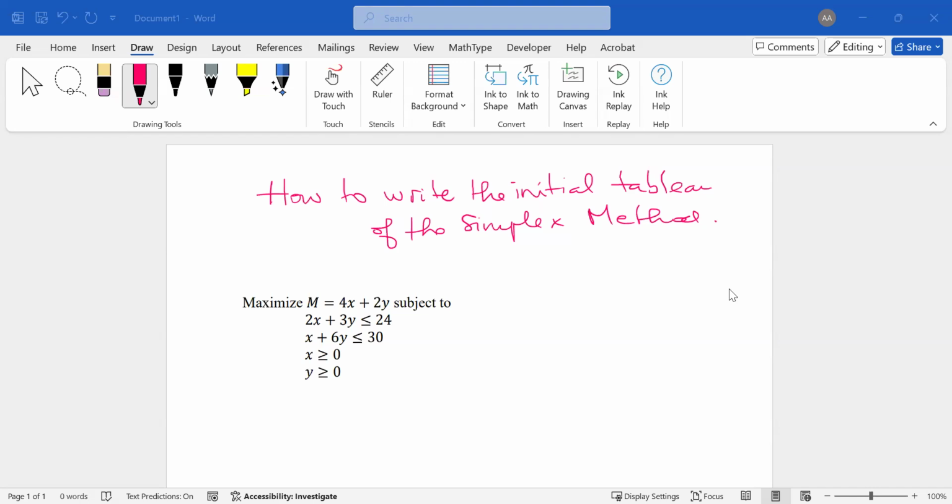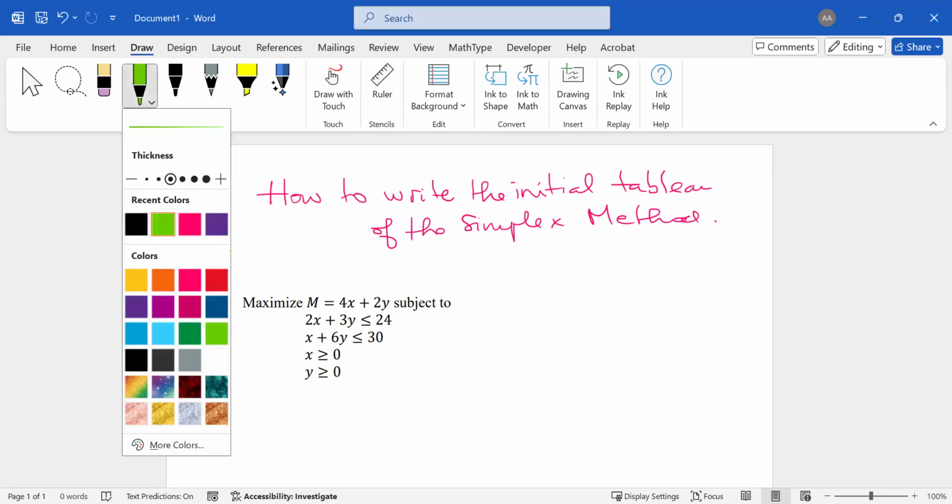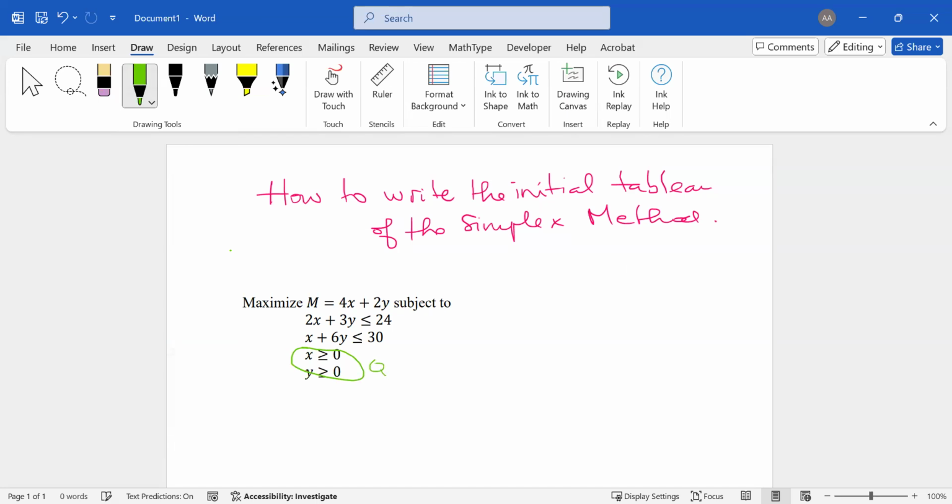I'm coming today in this short video to show you how to write the initial tableau of the simplex method. We have this example: maximize m equals 4x plus 2y subject to the constraints. The first constraint is 2x plus 3y less than or equal to 24. The second constraint is x plus 6y less than or equal to 30. And the third constraint, x positive, y positive, just puts us in the first quadrant when we use